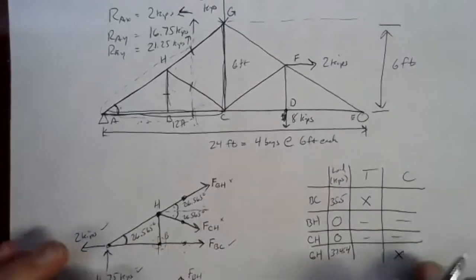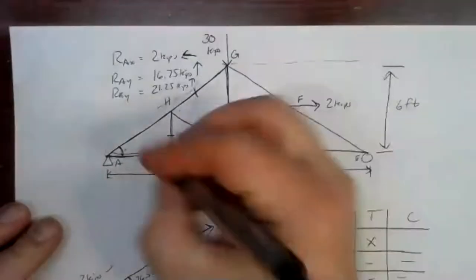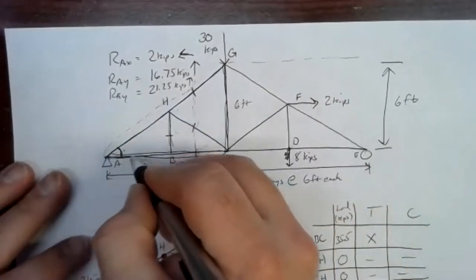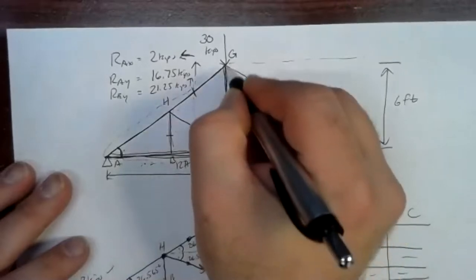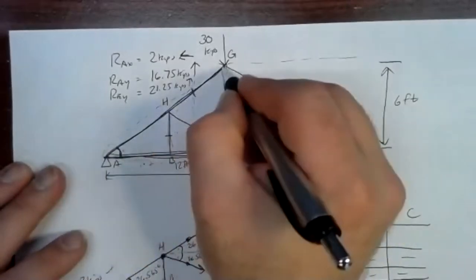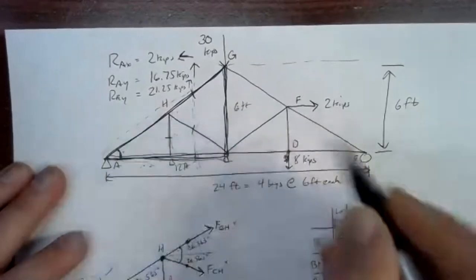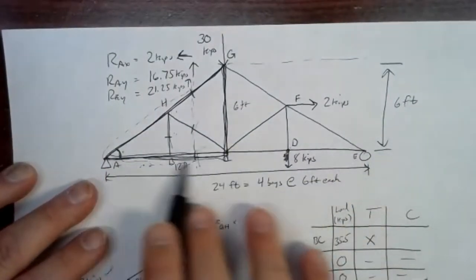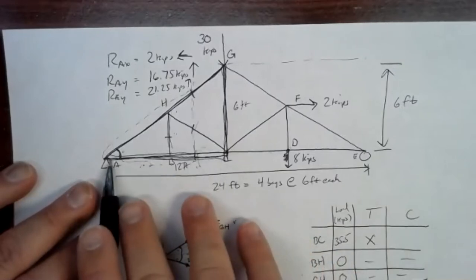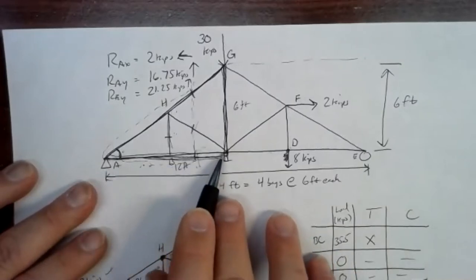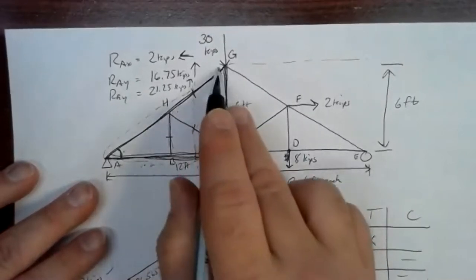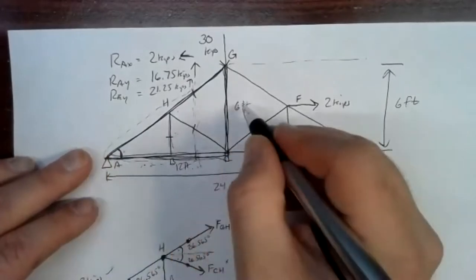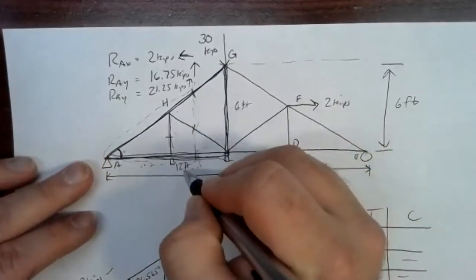All right. So one of the ways I looked at it here was I looked at this angle right here, and I zeroed in on this big right triangle here. Because I know the whole span is 24 feet and this is symmetric, half the span is going to be 12 feet. So the base of this triangle is 12 feet. It's 6 feet high. So inverse tangent of opposite over adjacent, 6 feet over 12 feet,